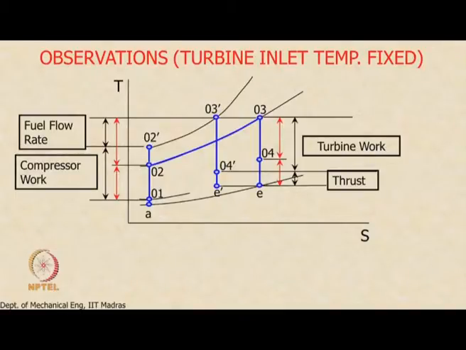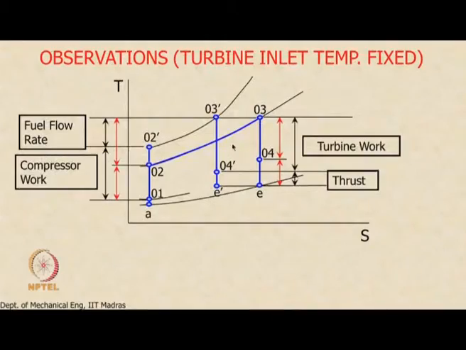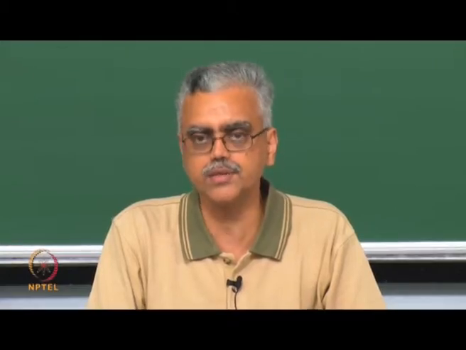Okay? We will quantify this in the next view graph when we actually show some numbers. But for now, from this figure, we can qualitatively infer that fuel flow rate will decrease and the thrust may increase or decrease. In fact, under some circumstances, when we are located over here, these isobars are such that, remember, I am also getting a pressure thrust now. Okay, I am getting a momentum thrust and also a pressure thrust. So it is quite possible for some values that we may actually get a slight increase in thrust. So that depends upon the relative position of 3 and 3 prime.